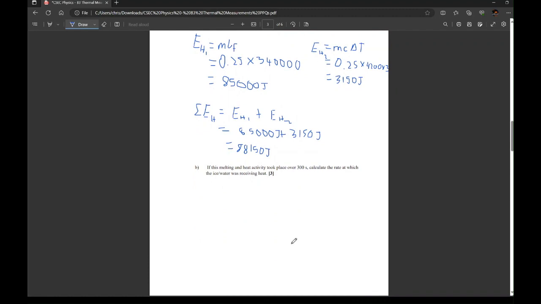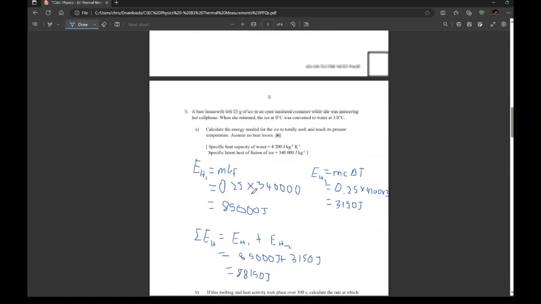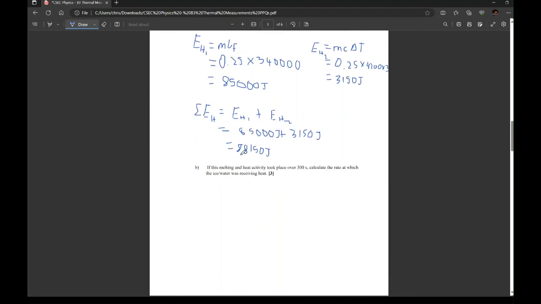Okay, so now they're asking us that if the melting and heat activity took place over 300 seconds, calculate the rate at which the ice was receiving heat. Okay, so we already have the energy, and the rate at which something receives heat is the rate at which it receives energy, and that by definition is actually just power. So we know that power is just energy over time, but in this case I'm going to write Eh over time just so we can specify exactly what we're talking about,